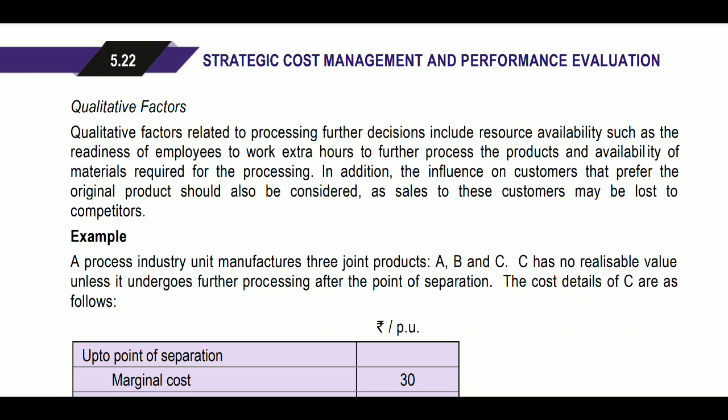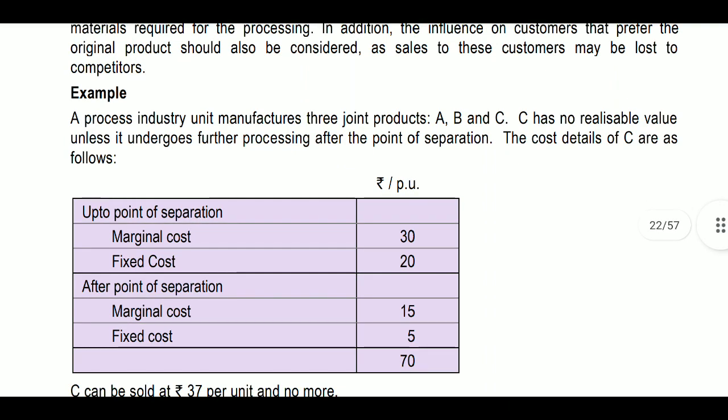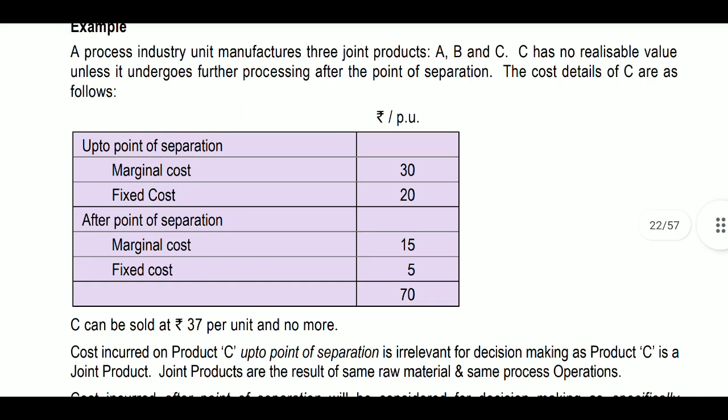They prefer the original product. For example, they provided one example. A process industry manufactures 3 joint products A, B and C. C has no realizable value unless it undergoes further processing after the point of separation. So it does not have any realizable value if it is not processed. So they provided their cost details. Up to the point of separation, the marginal cost was 30 rupees